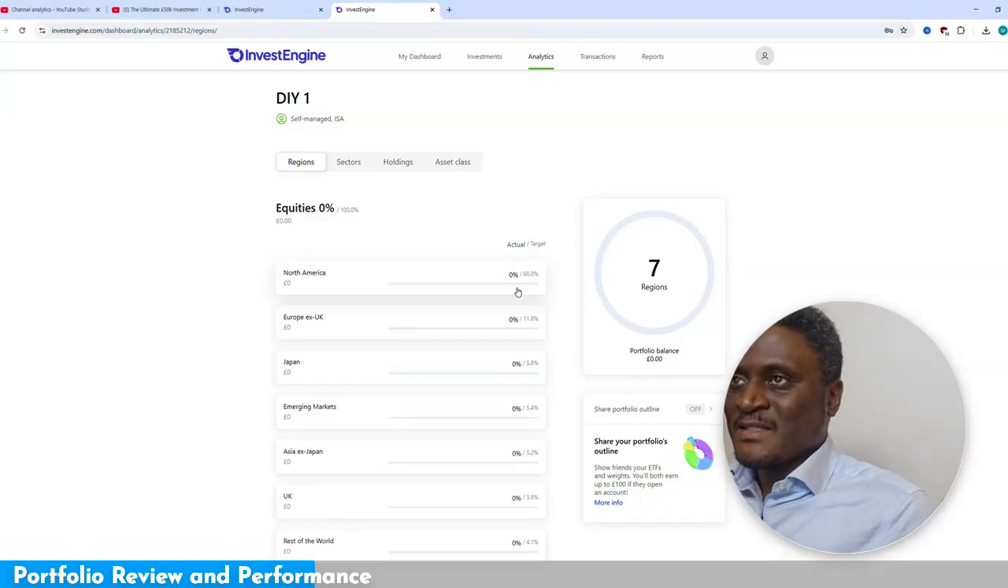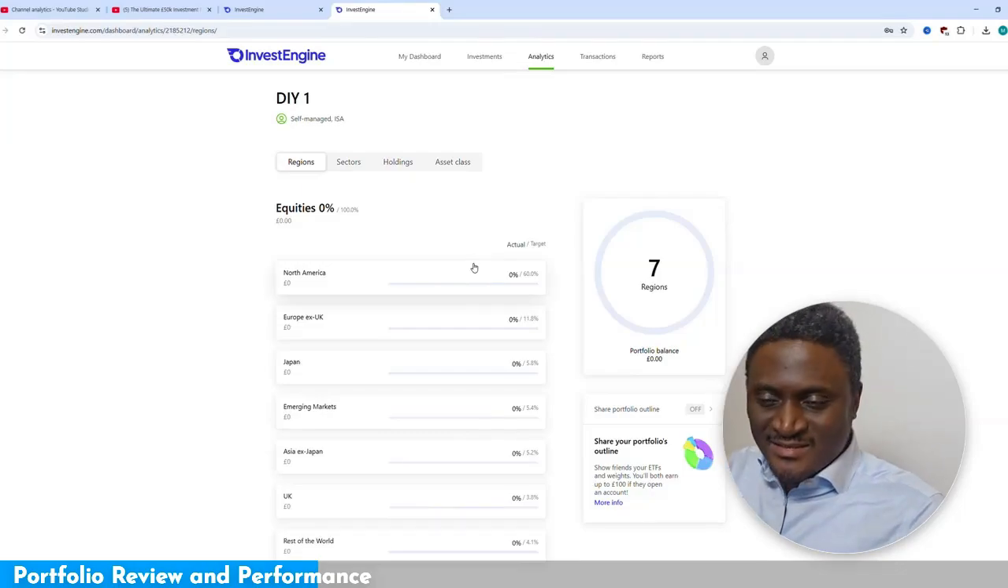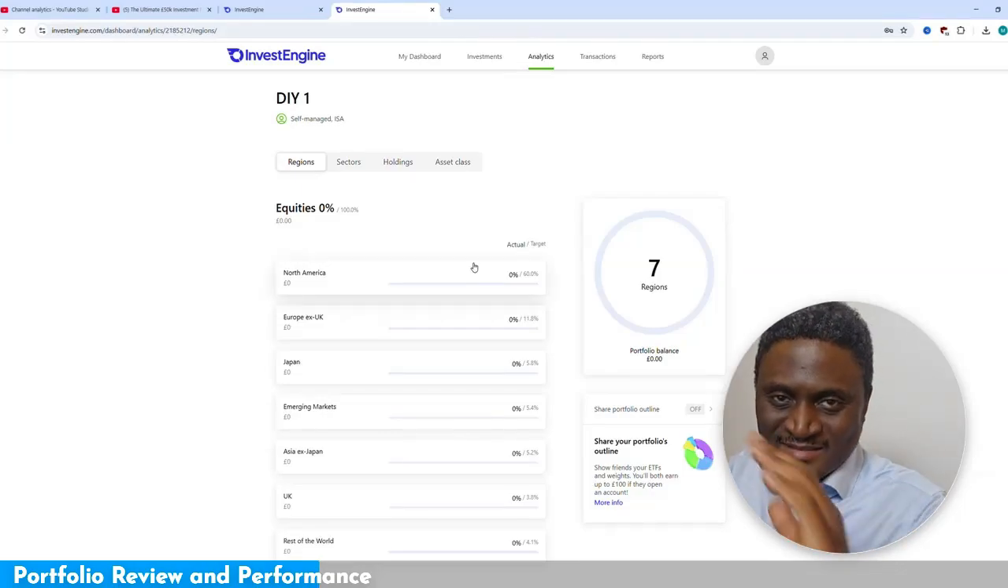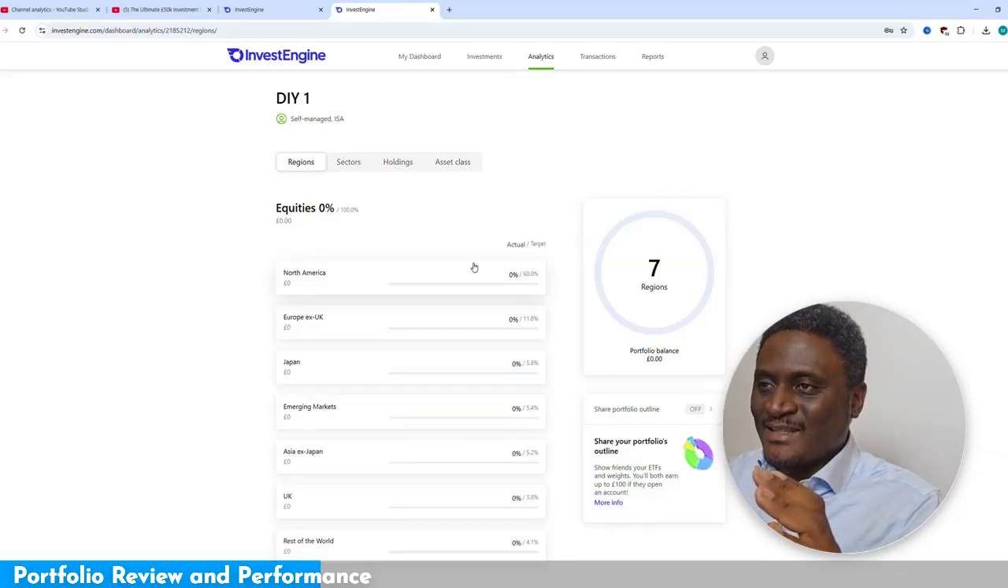The more I look at this thing, the more I realize I need to simplify my portfolio a bit more. I'll wait out this crazy turmoil, this fluctuation period. And then when the market is normal again and we're back up,